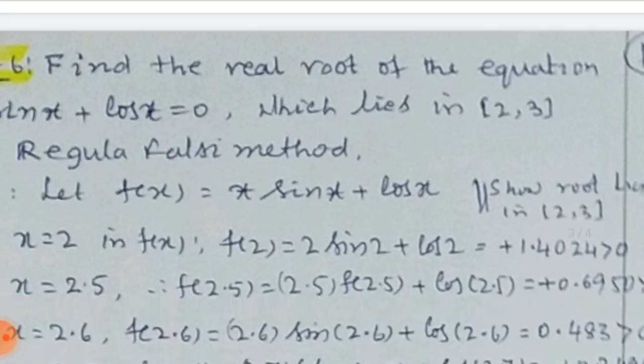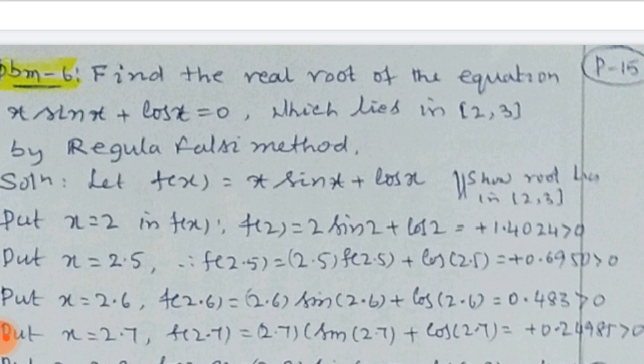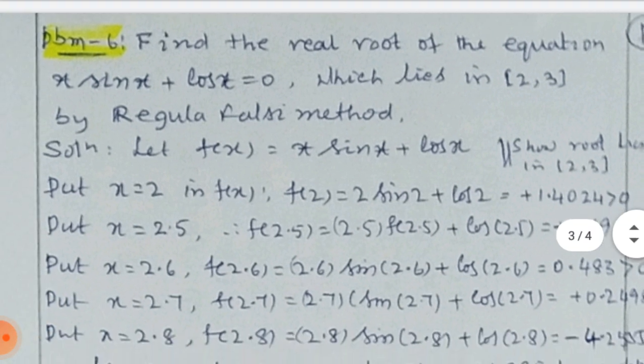Sixth problem. Find the real root of the equation x sin x plus cos x is equal to 0, which lies in the closed interval 2, 3, by regula falsi method. Answer: